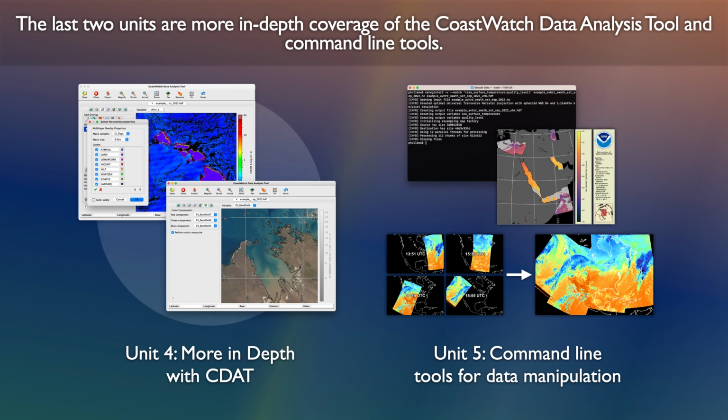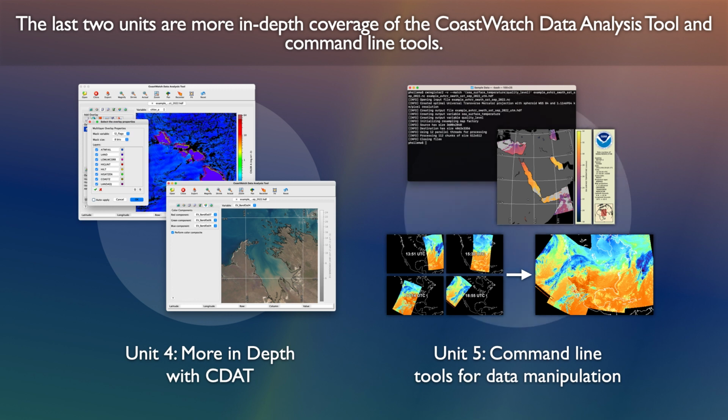Unit 4 of the course shows more in the Coastwatch Data Analysis tool of ways to highlight data values with mask overlays and save the overlays that you commonly use to customize groupings. You'll also learn how to overlay Esri shapefiles, perform a survey of the data to generate line plots and statistics, and create red, green, blue composite images from 3 satellite sensor bands.